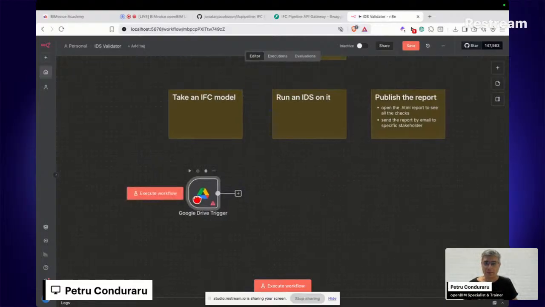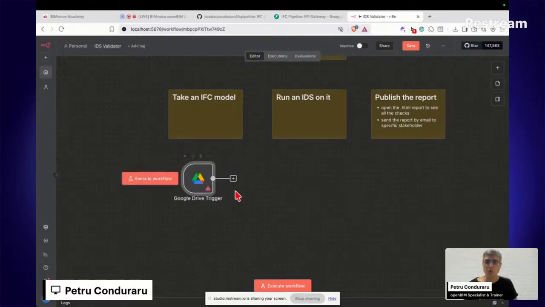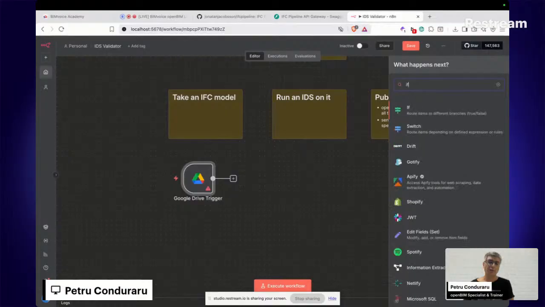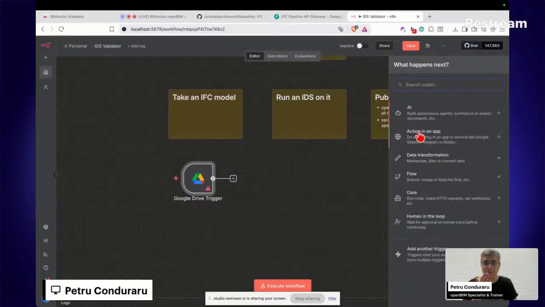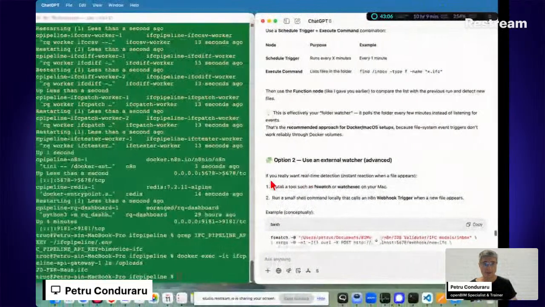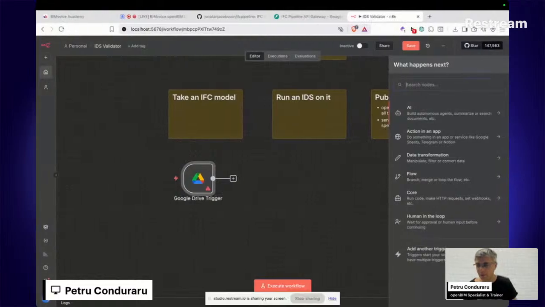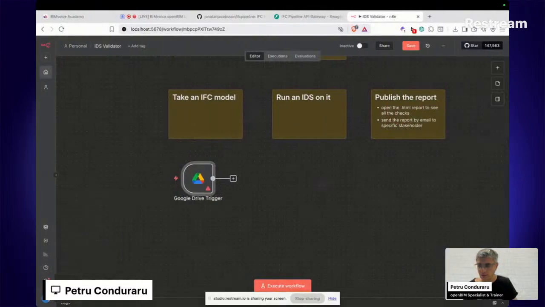So let me convert these nodes into this workflow. So I'm doing this. Then we want to use IFC. We don't see them, and that's the next step. I want to see the IFC pipeline nodes here. I can't see the IFC pipeline nodes in N8N. I think I have to install it from... yeah, I have to go to settings,